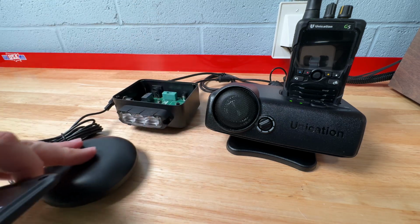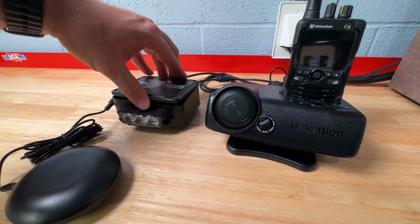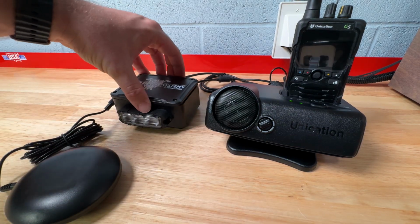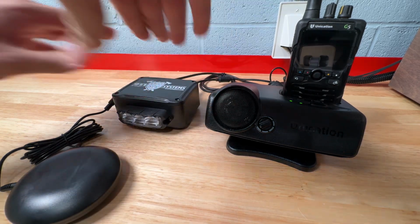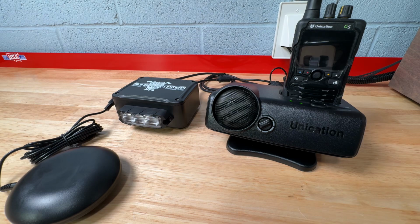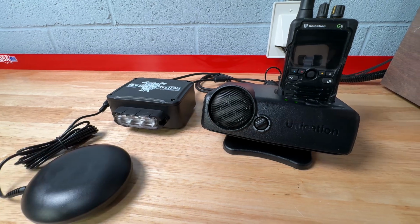The bed shaker vibrates for 10 seconds and the light stays on for 10 seconds. That's Motorola pagers. Unication, it's completely programmable as far as how long, for the G2, G3, G4, and G5. So Minitor and G1 pagers, it's 10 seconds, or you can flip the switch up and it can be on until you reset. For Unication pagers, the G2, G3, G4, and G5 models, the relay time is programmable in the pager software. So that's just an overview of the